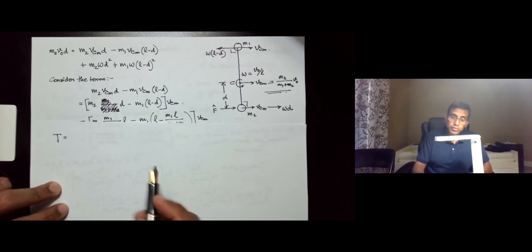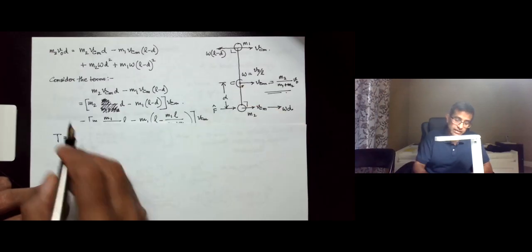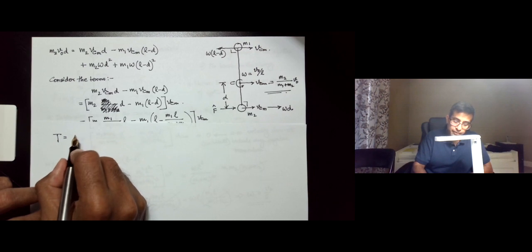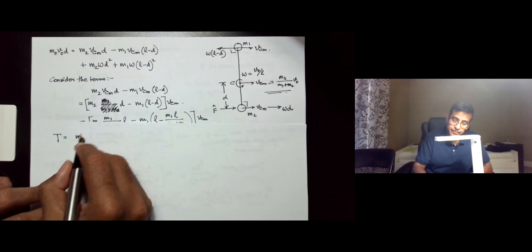So M2 is rotating instantaneously about the center of mass C. So we have tension is equal to M2 times